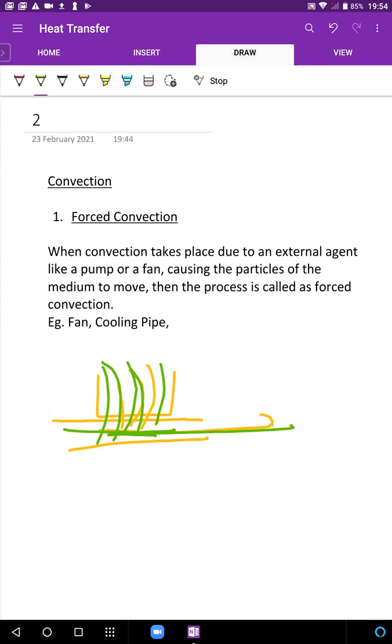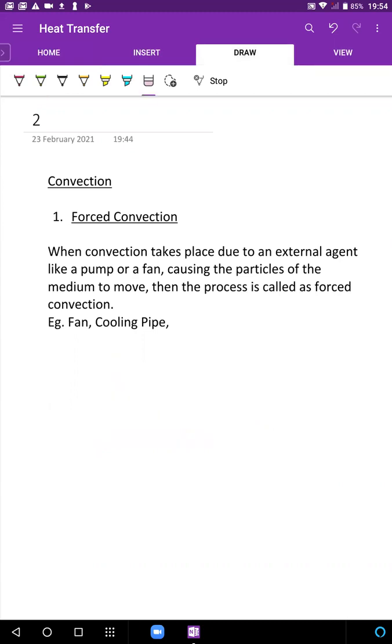This is not how an engine works. This is just how that engine or any machinery is cooled. It's cooled using cooling pipes. Water is constantly circulated, and water in a way keeps regulating the temperature of any object that's getting heated up. So these are all examples of forced convection. Why? Because the heated water is not moving away from the machine on its own. There's a pump which is making that water move. Therefore, this is forced convection.